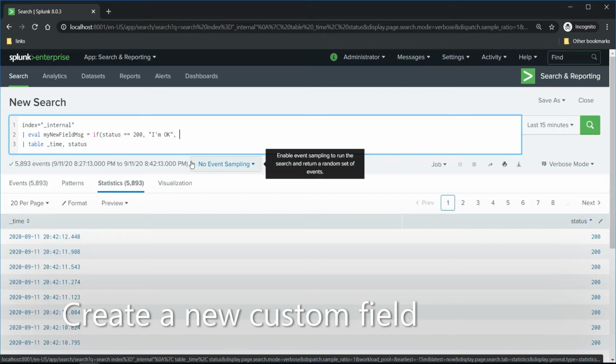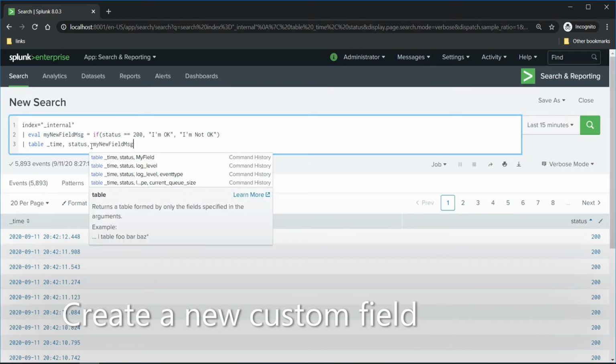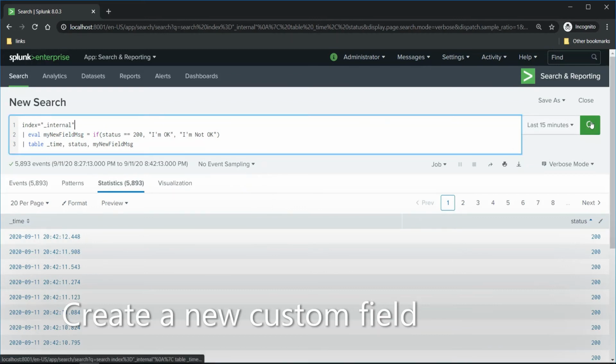And if status is not equal to 200, then I would write I'm not okay. I will add this resulting field into the table, and I'll just search it again.